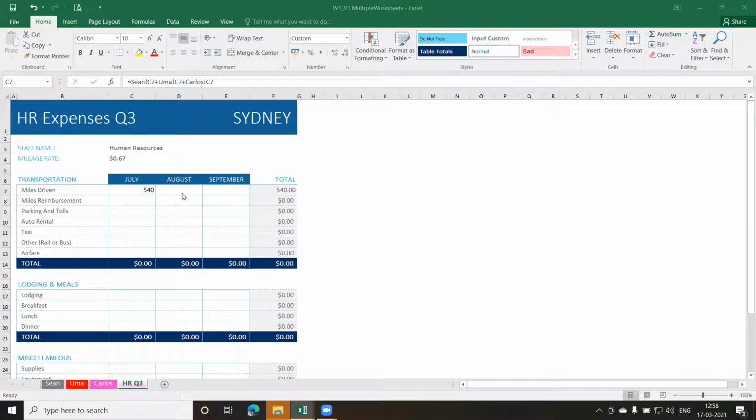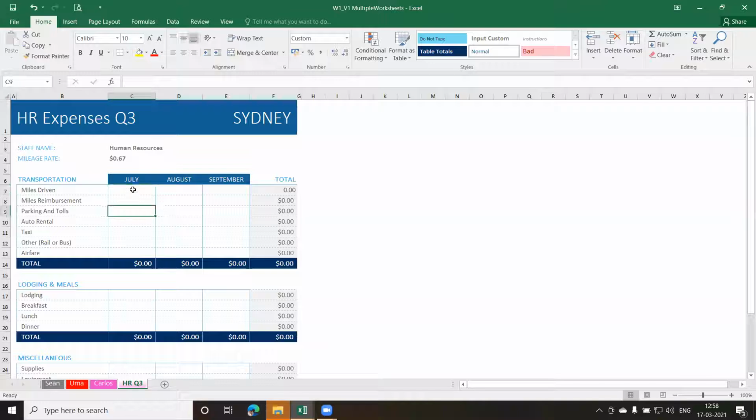I hope so. Okay. Now, imagine if you have, say, 50 different sheets altogether. Are you going to repeat this 50 times? Are you going to go to each sheet and refer to that sheet and select the cell there? Of course not. So what is the best way to do it? The best way is to reuse the sum function and use a 3D referencing method. So I'll delete this one.